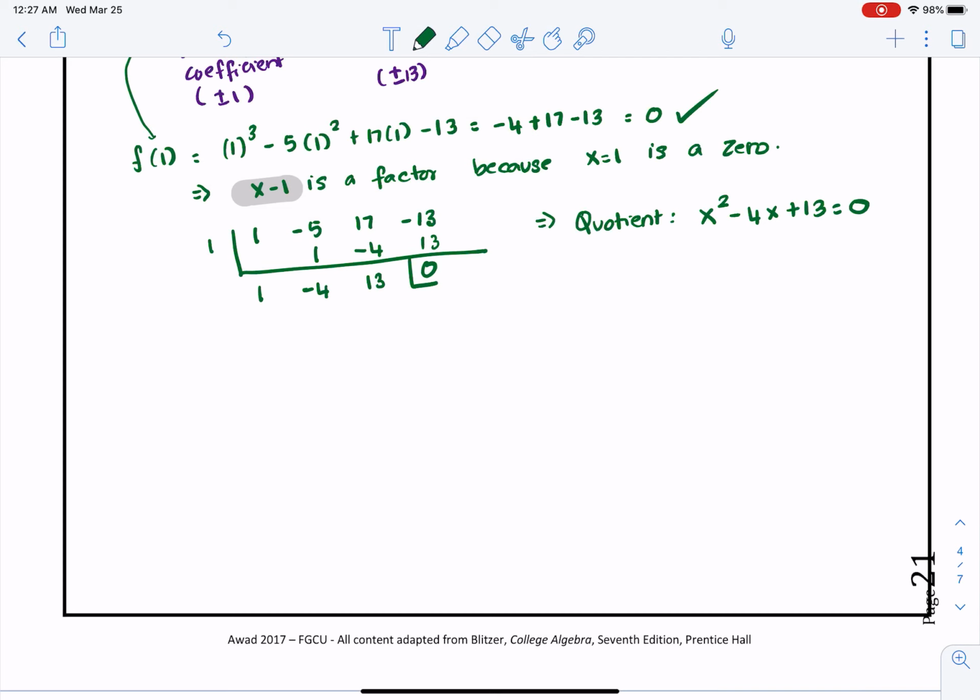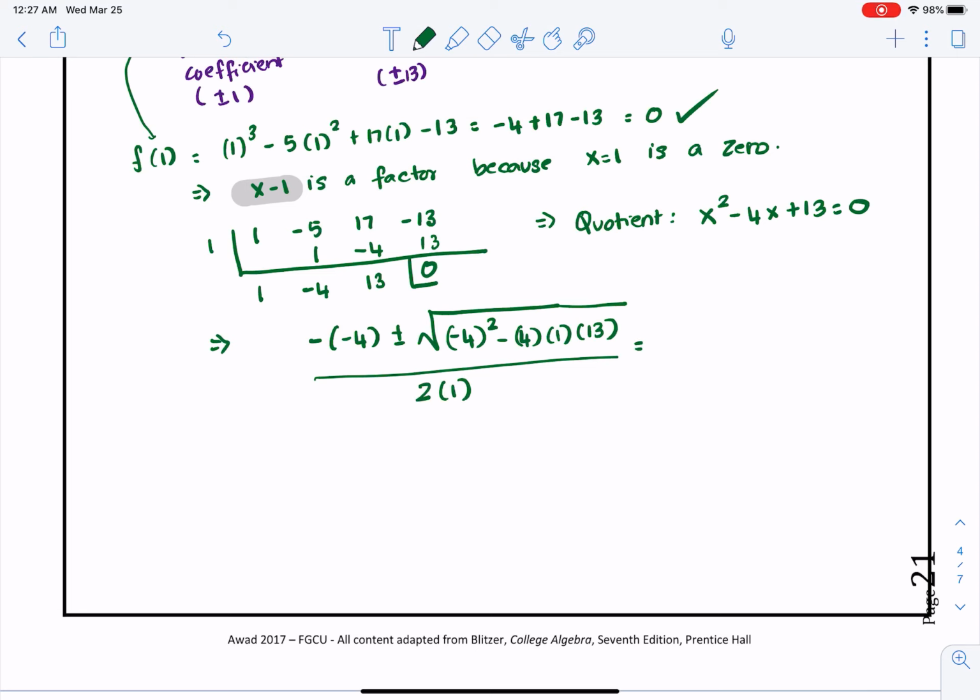Now, could we factor this? We cannot, because 13 is a prime number. So let us go ahead and use the quadratic formula. Minus b, minus of minus 4, plus or minus the square root of b squared minus 4 times a times c,